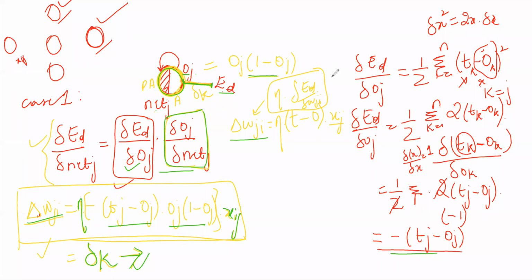Okay, there's one more thing. I'll just take 2 minutes of your time and finish this up: case 2. Case 2 is the training rule for hidden neurons. What will be my hidden neuron here? So I have my output neuron. I have Ed. I have OK, and this will be net K. There's a pre-activation and an activation function. This is the output neuron.